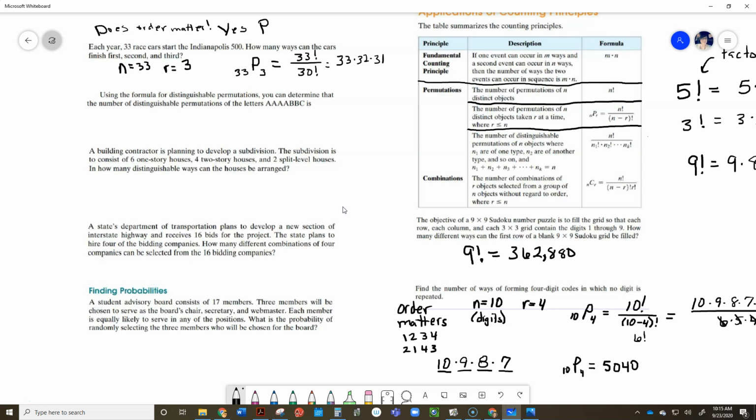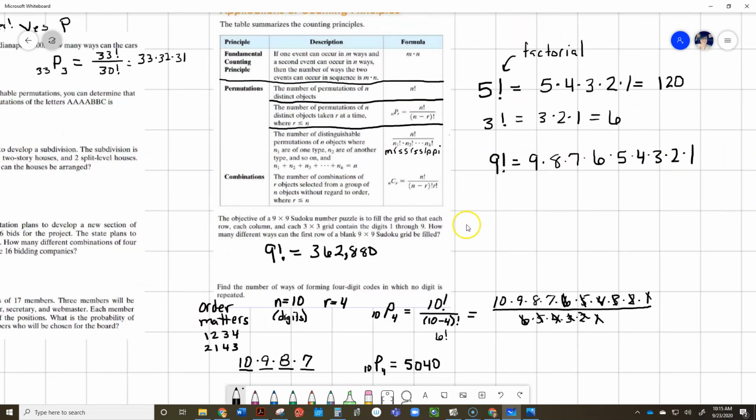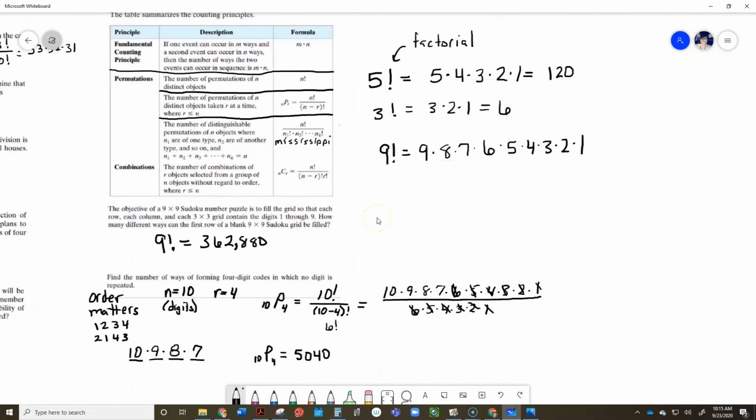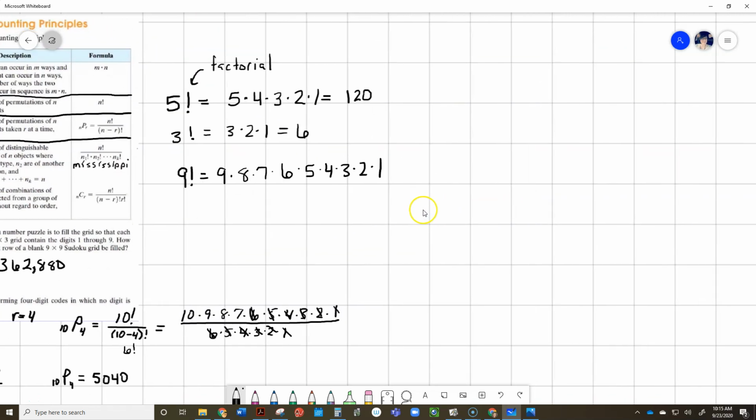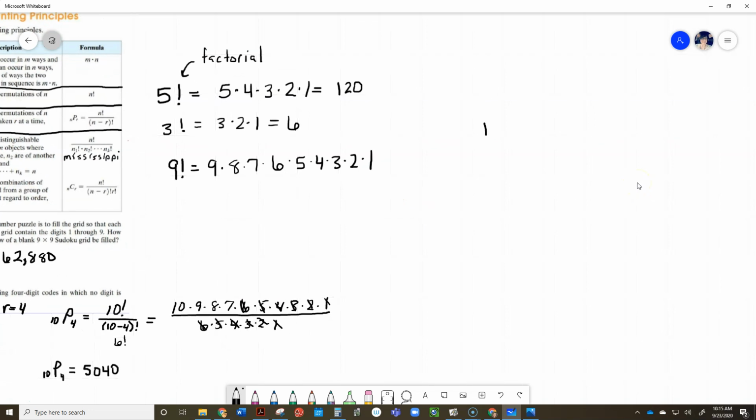I call this problem right here the Mississippi problem. And I feel like if I don't do the Mississippi problem, then you might not understand what I'm doing. So I'm going to come back and do these two right here, which are both examples of the Mississippi problem, but I really feel like I need to do the Mississippi problem first. So let me go over here and we'll do Mississippi. Okay, so the first thing that I need to do for the Mississippi problem is I need to